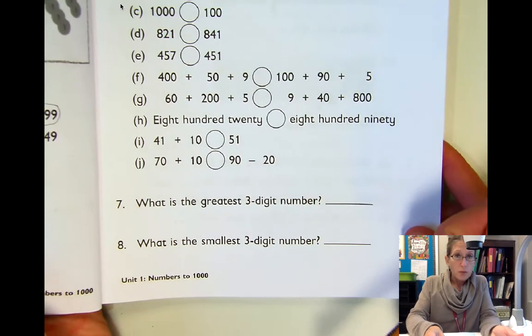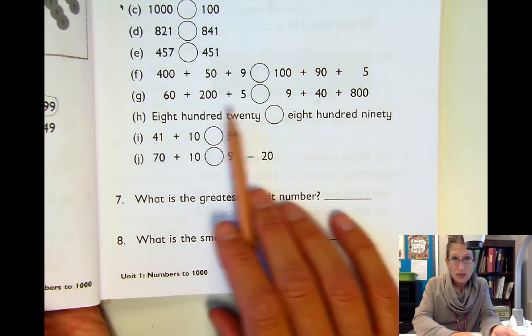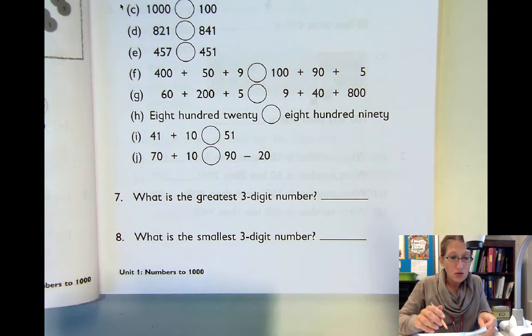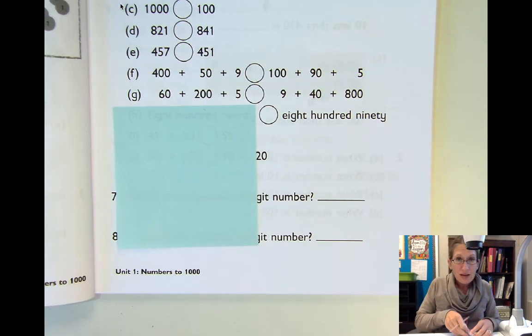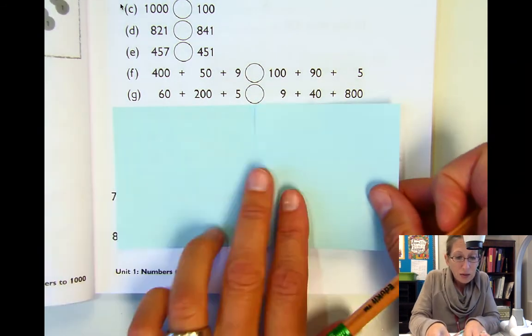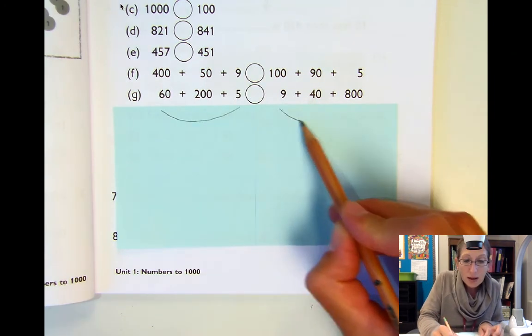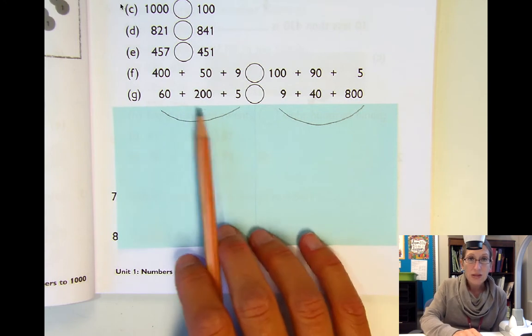But real quick before we go, when we have some questions like this, what I often ask my students to do is to draw a little bracket under each side, so it's easier to tell. Let me just quickly show you what I mean by that. On this side, I draw a bracket, and on this side, I draw a bracket. And that way I can see what's on this side,